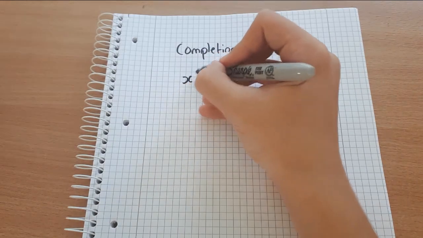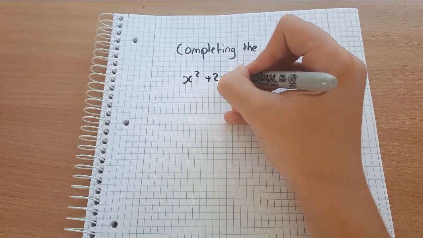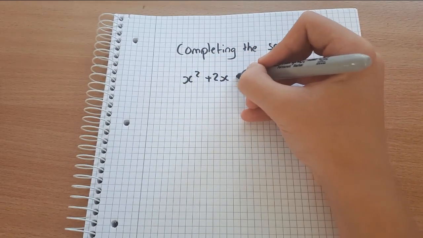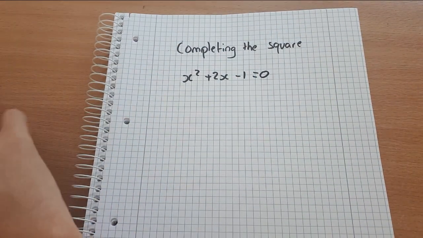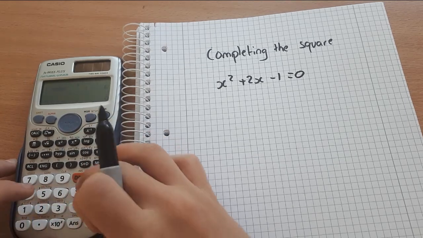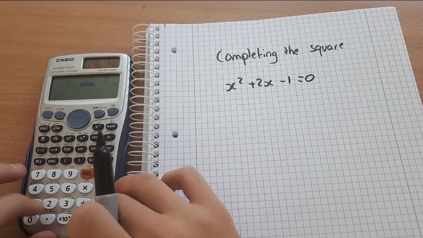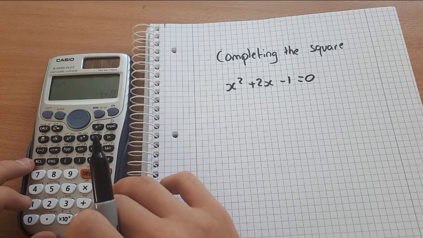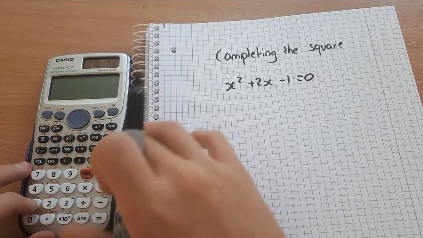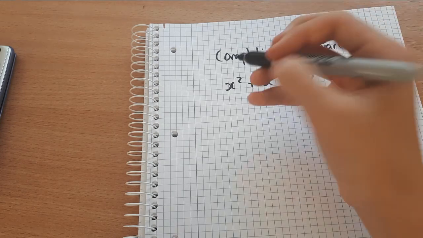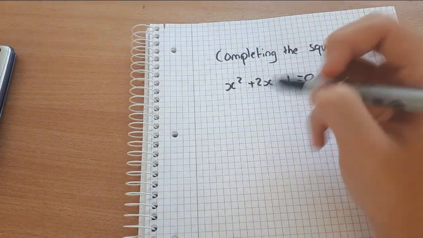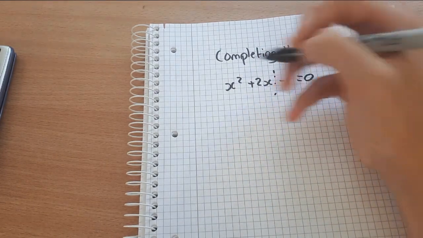Say you have x squared plus 2x minus 1 equals 0. I'm pretty sure this factorizes. Let me just check on my calculator. These calculators are great, by the way. 1, 2, minus 1. Yeah, it gives minus 1 plus root 2 and minus 1 minus root 2. So to complete the square, the thing you're doing is you're focusing on this bit here,